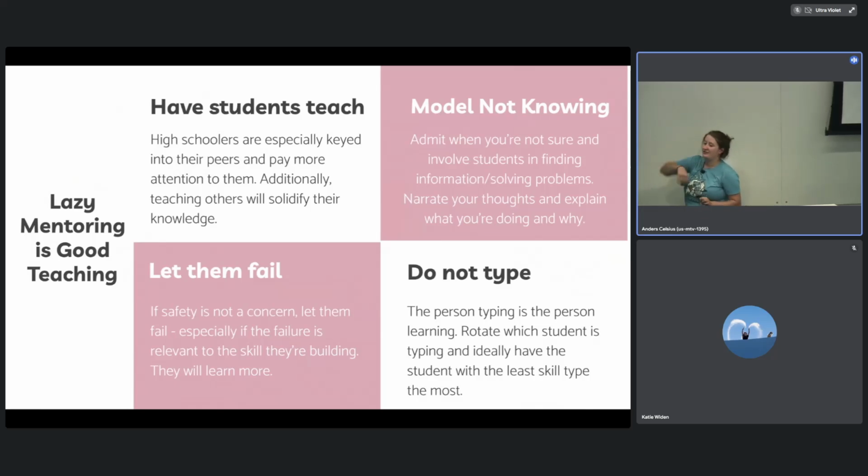So first off, have students teach. I almost always, after I teach a lesson, I have them teach it to the next kid. I'm like, I don't want to do it, you do it. The other reason this works really well, besides me not having to do as much work, is high schoolers are, again, the social part of their brain just came online. They're really good at it. So they'll listen to their peers way better than they'll listen to you. And the kid who's teaching it suddenly has to know it, so they get better at it.